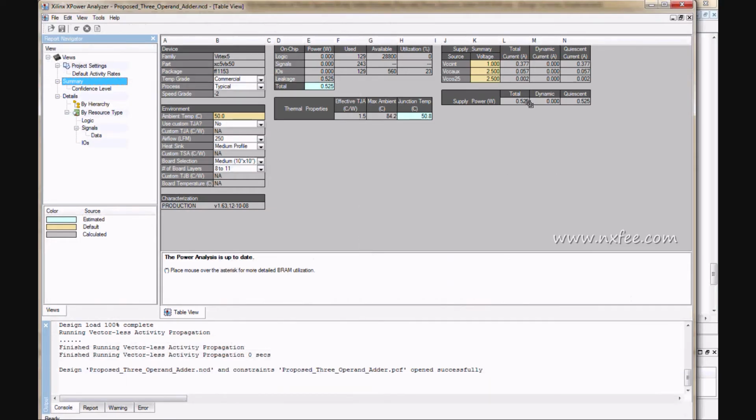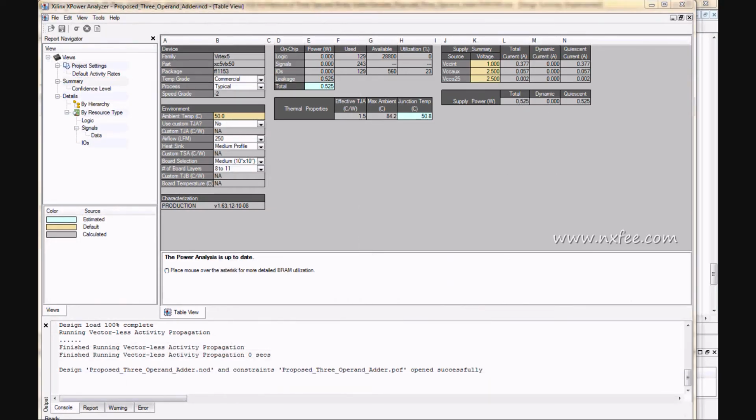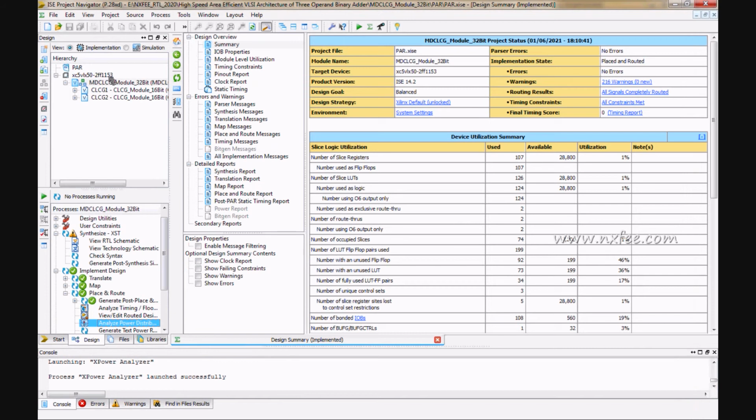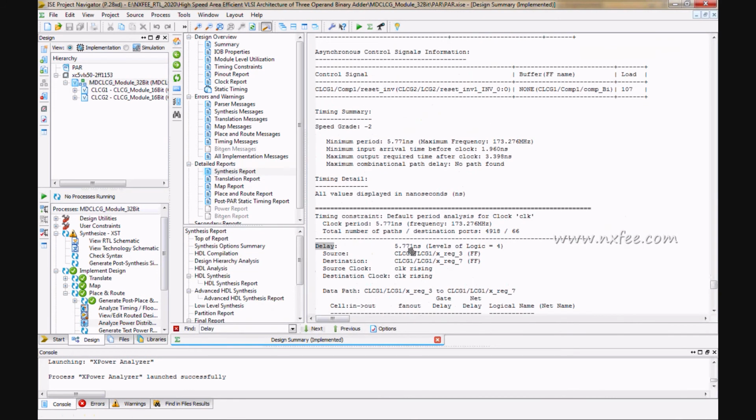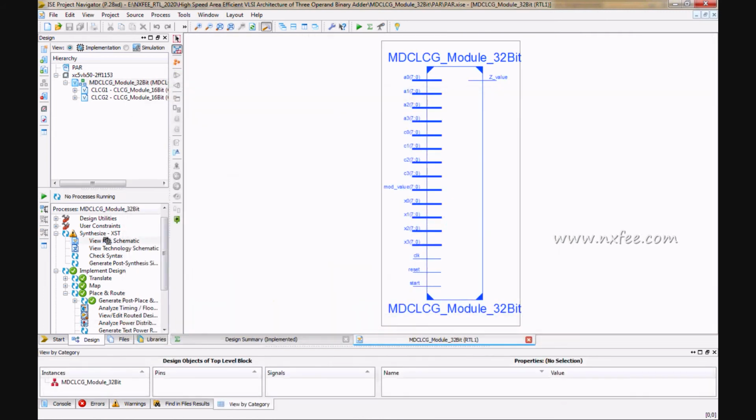This is the power report, 525, and this is the MDCLCG model. This is the area report, and this is the delay report, 5.771 nanoseconds. This is the RTL schematic of the MDCLCG model.